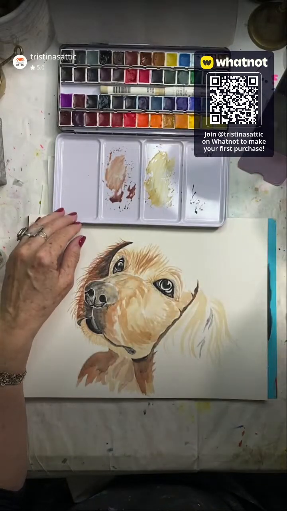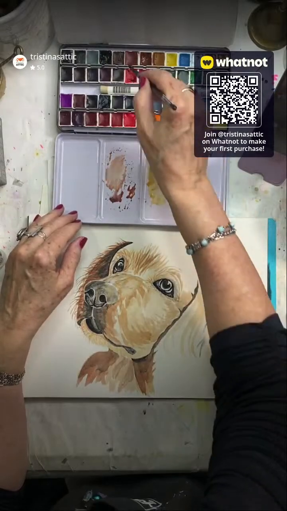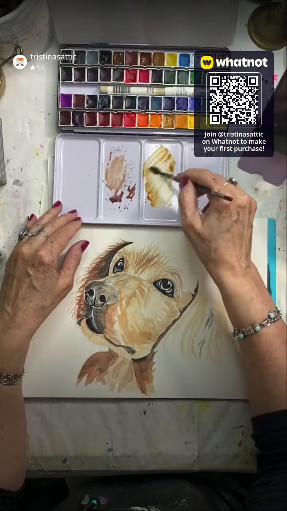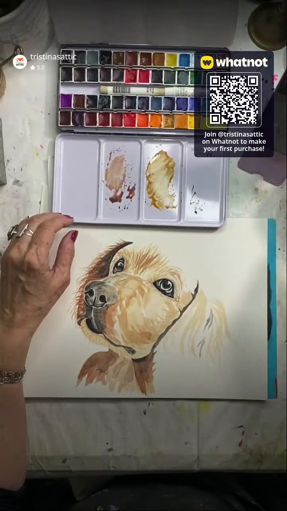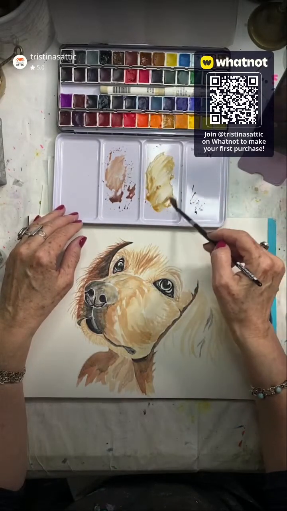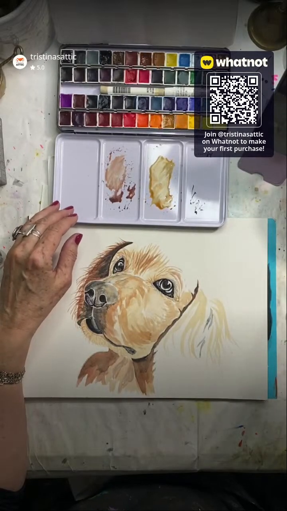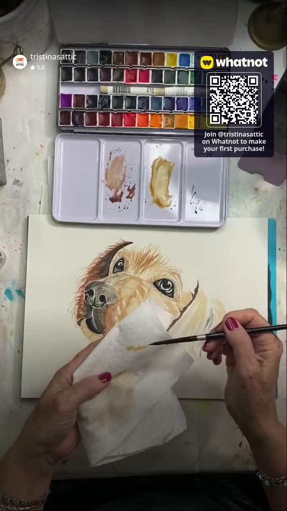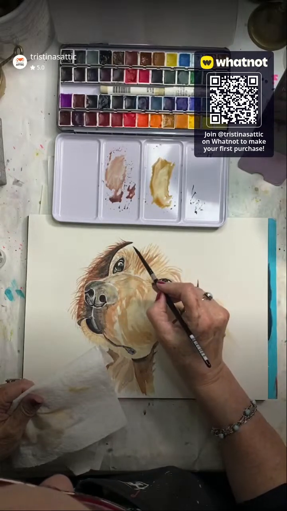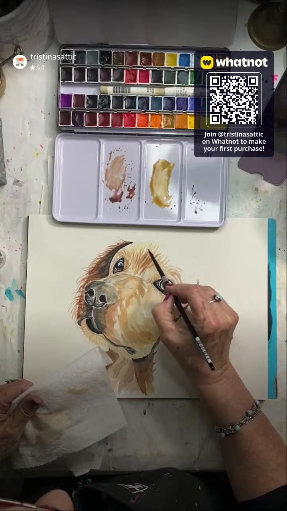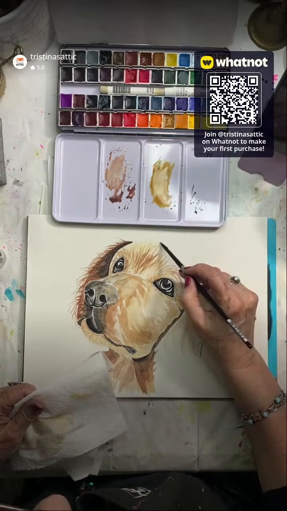Uh-oh. I didn't make enough of the color. And then some of that. There we go. Very honey-like. Ooh, I need lots of water with that. Lots and lots of water because it is way too colored right now. There we go. So now let's just drop in a little bit of, this is very pale